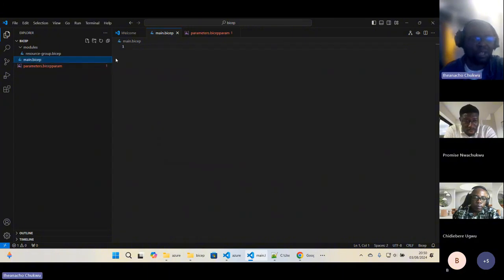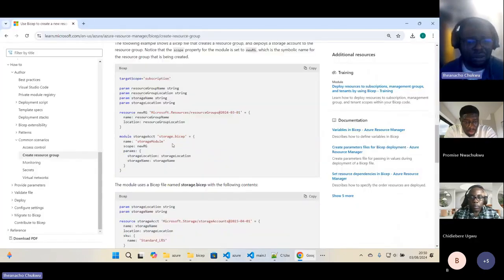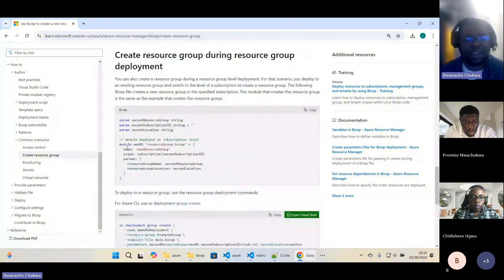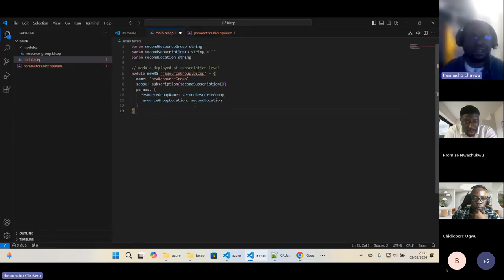Then I'll have to call that module from the main Bicep file. How do we call the module? We can still go online and check, just for the first one at least. So we have an example here where a module is being called. Basically you see it points to the module resource, gives it a name that you'd like to call it, and you direct this to the path of the module you're calling. Okay, if I just copy this over and have it here,